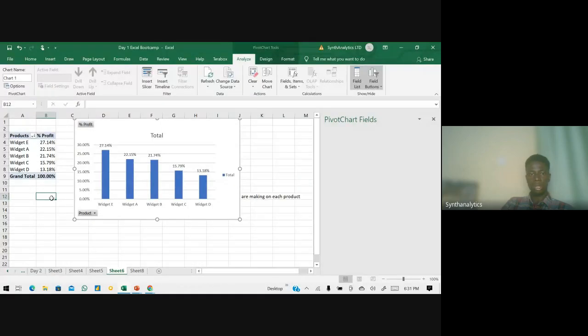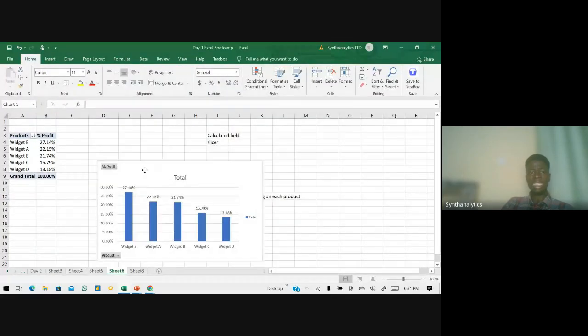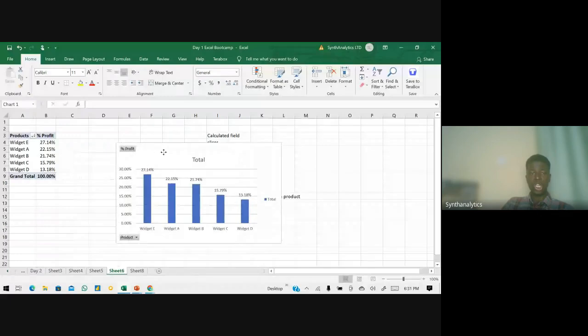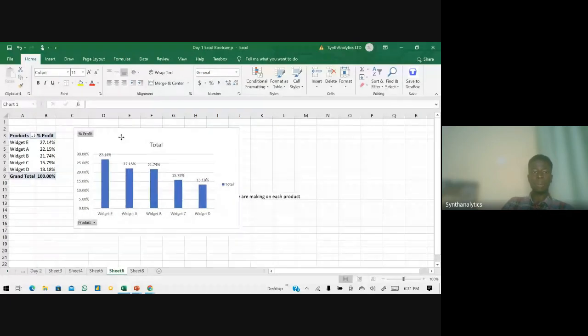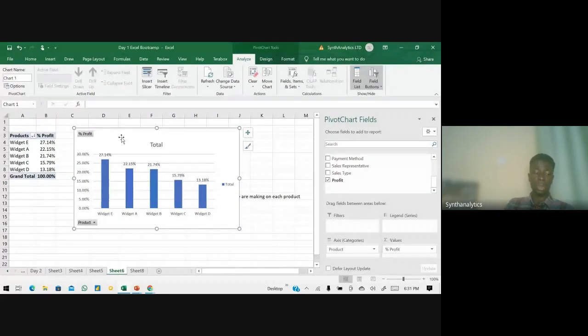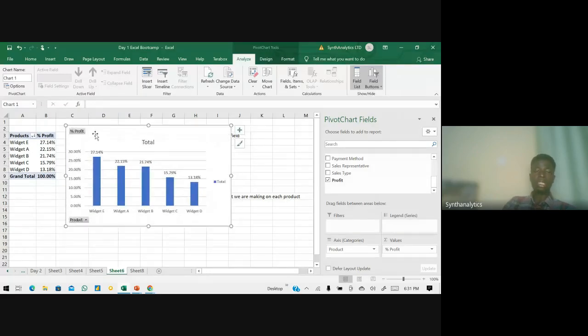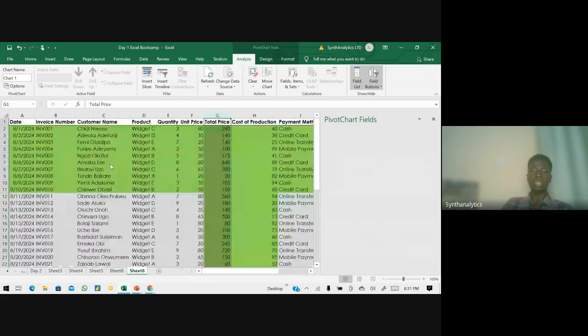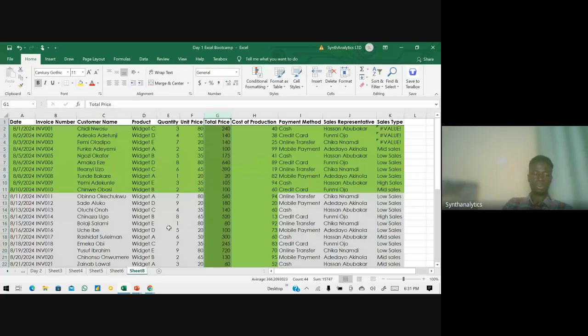If you share this particular chart alone with anybody as a form of report, for instance if you're working with a board, and you say, sir, this is a summary of our products for last month, the truth is, this man will appreciate this more than you telling him the whole story. I mentioned something about executive reporting.